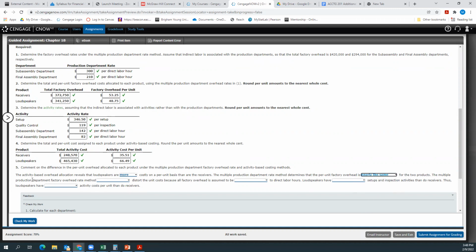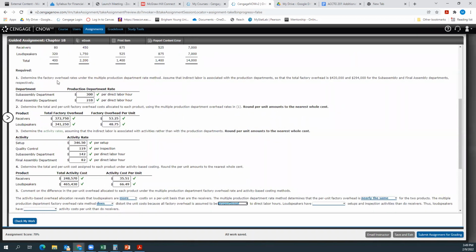The multiple production department factory overhead rate method blank distort the unit cost. So it does distort the unit cost because all factory overhead is assumed to be blank to direct labor hours. We're going to say proportional, right? Because when we used this multiple production department rate, we just did everything based on direct labor hours. Even though when we did more detail, we found out that the setups and the quality control were a major part of the cost,